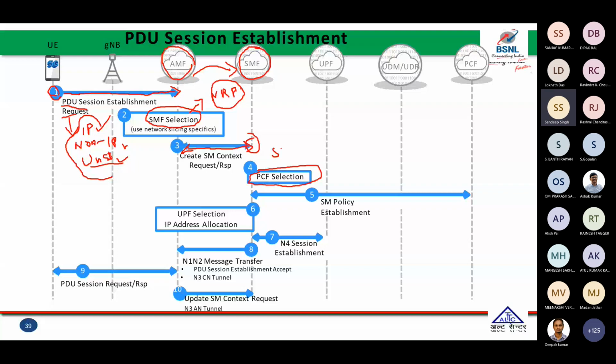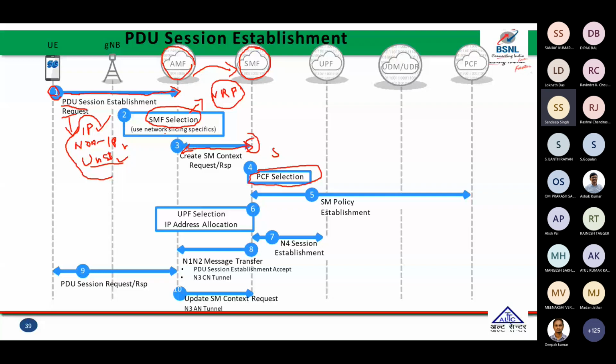After selecting the PCF, they get the information and the policy regarding session management, and then they select the SMF. Actually, they select the UPF. There are many UPFs in 5G networks. UPFs are actually not centralized, just like in our legacy network. The UPFs are distributed